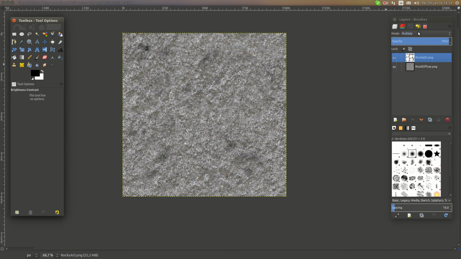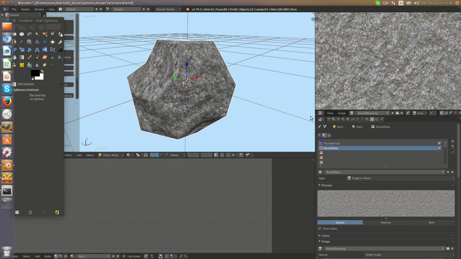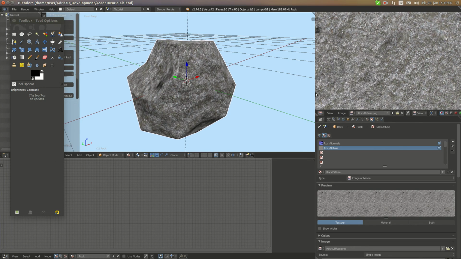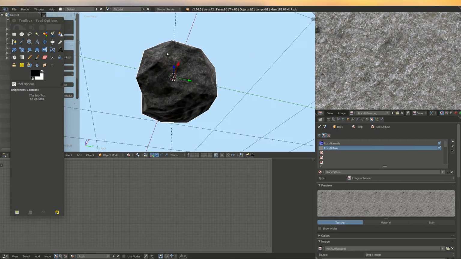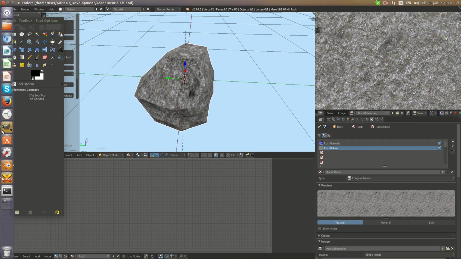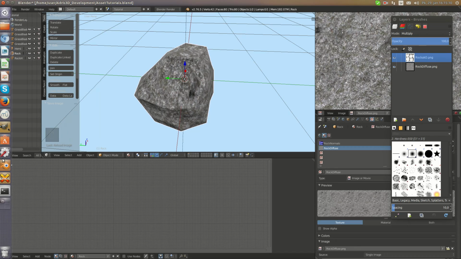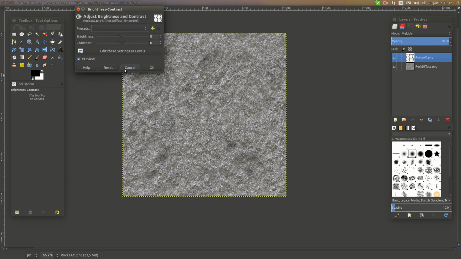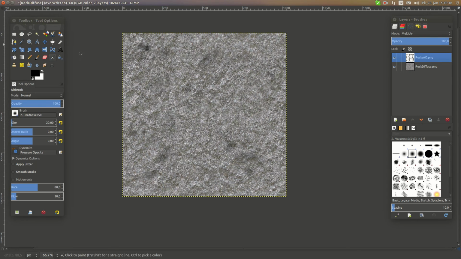Okay, I can now overwrite, and here I'm gonna reload it. Now you can see that AO applied, and the last thing we're gonna do is close this image,